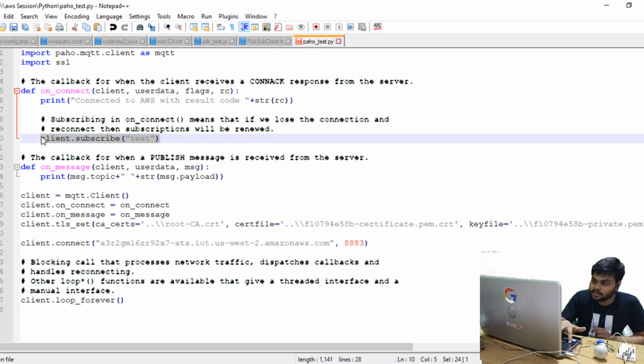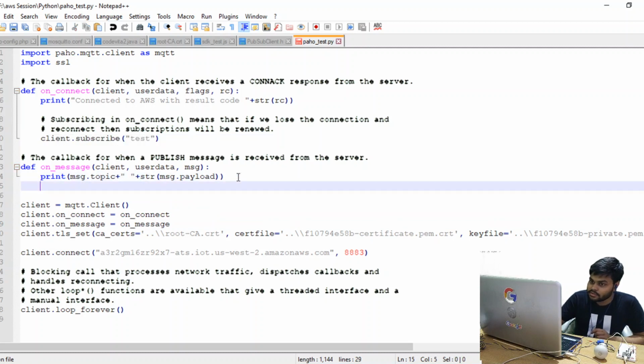Client.publish some data on the second client, the client which has subscribed. So we are publishing to test1, comma, the message hi from Python. Okay, so this is the one.